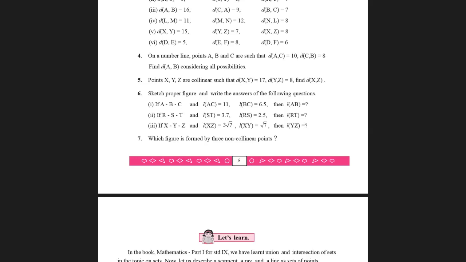Now, when you look at these two distances that are given, you find AC is 10. Now, the point C starts for the second distance. See, it's C, B. So the first thing ends at C, the second one starts from C, which means C lies between A and B. So that's one possibility, right? So let's go and see how to do it.